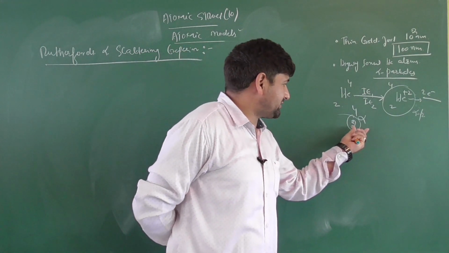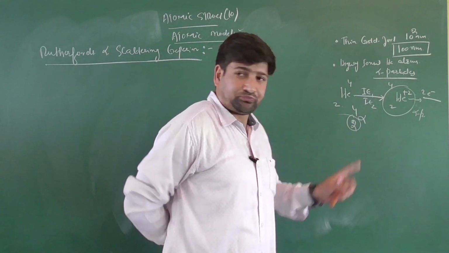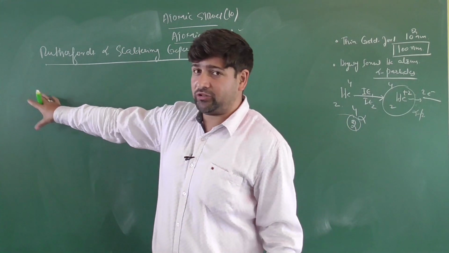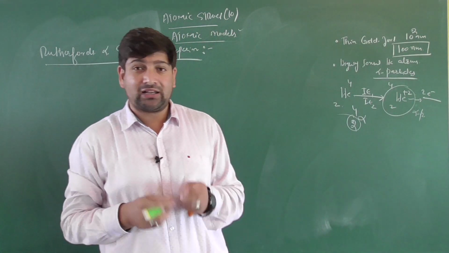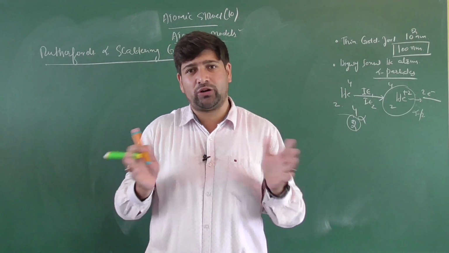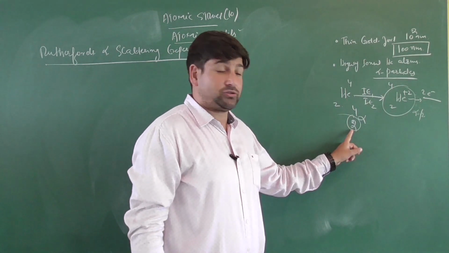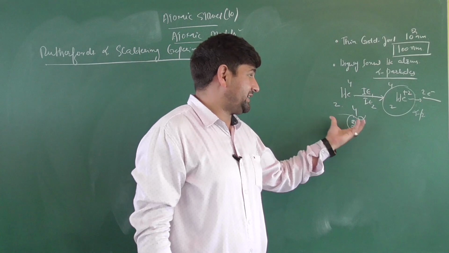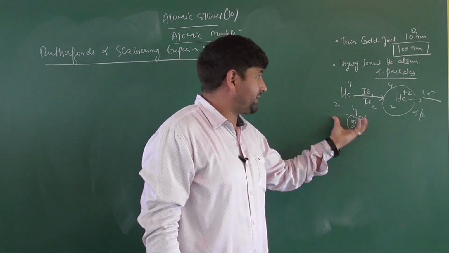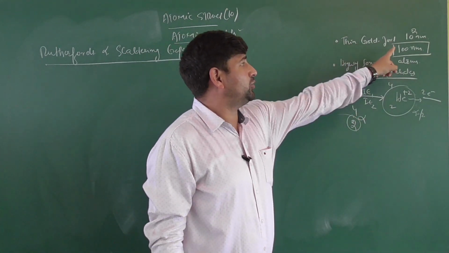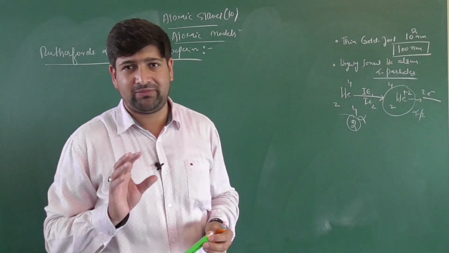Why were alpha particles taken for this experiment, and ionized alpha particles? To come to know that already we have the positive region according to J.J. Thomson's model, and we have positive charges there. Where are these positive charges present? Are they present in a fixed region of an atom, or are they uniformly distributed like J.J. Thomson's model? So it has to be taken as a charge and highly ionized. So this highly ionized, highly charged helium, which we call alpha particles, was used for bombarding a thin gold foil of thickness 100 nanometers. That's 10 to the power 2 nanometers. Am I clear with the thought?